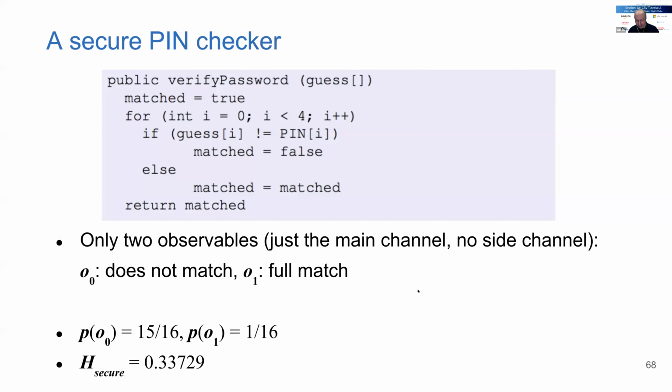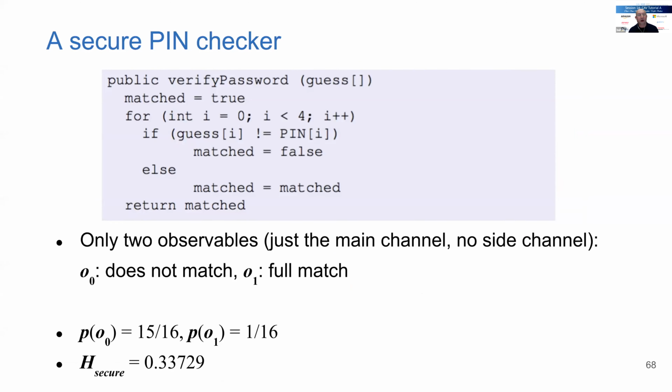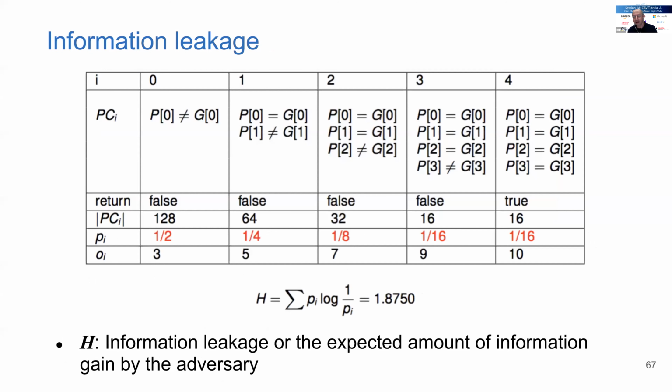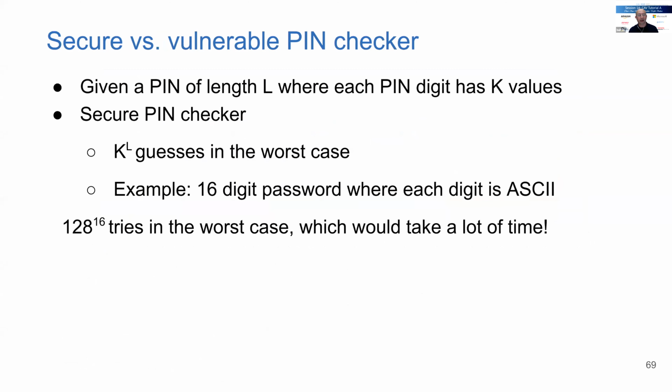So notice that there is a significant difference, right? 1.87 versus 0.3. So it will help you compare programs. You can say, well, this leaks less. I can see there's a higher leakage here when I implement it this way. This doesn't leak from the timing side channel. So this is basically quantitative information flow, which gives you some quantification of the information leakage and a way to compare.